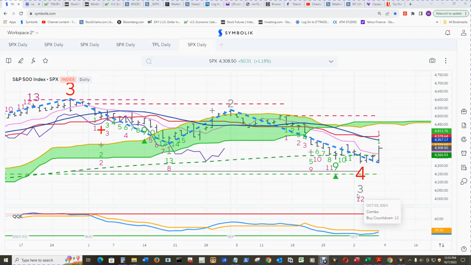This sequence disappears and will be negated, and all that has to happen is to print the sell setup count 9 to the upside,